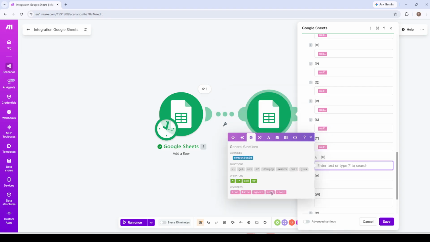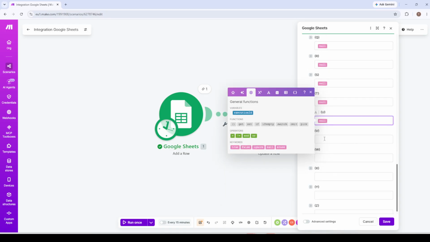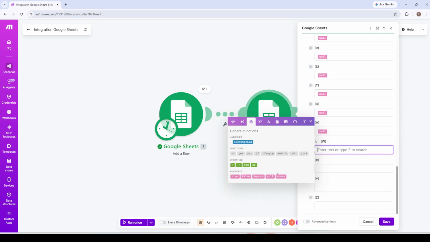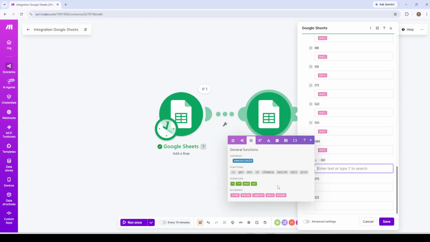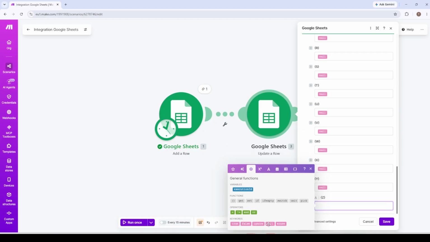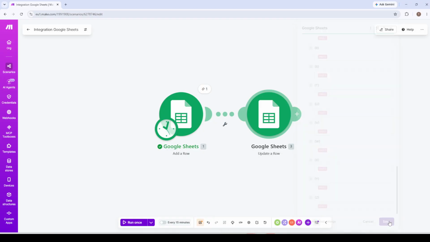Save your module, run the scenario, and check the destination. Your field will come back clean and empty. And that's it. You now know how to use Make's empty string function to reliably clear any field value in your automations. It's a small trick that makes a real difference once you're working with live data and need a